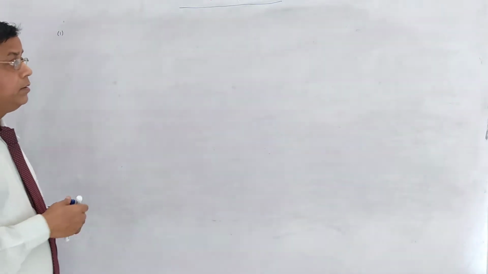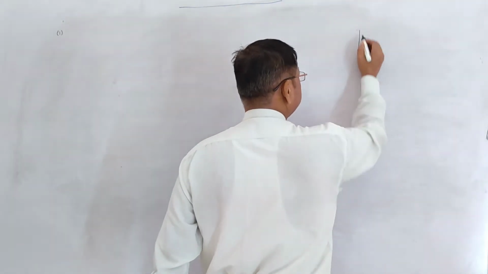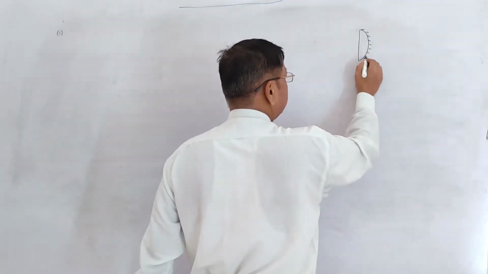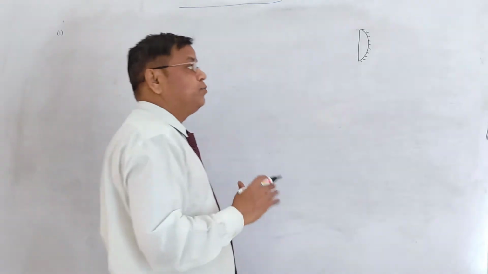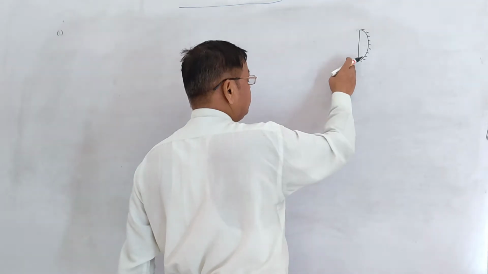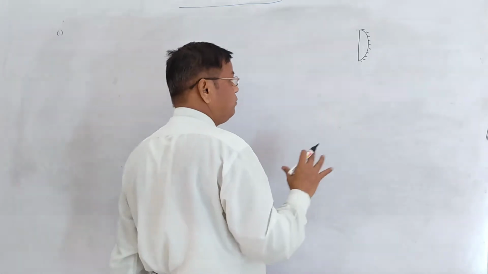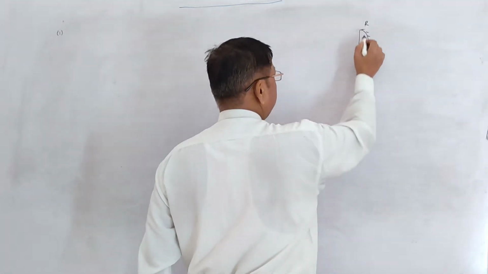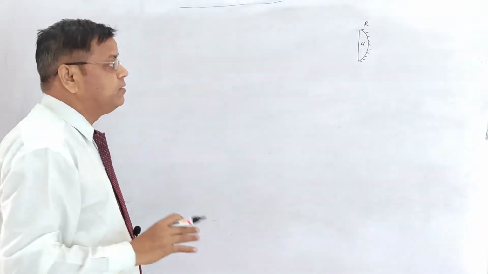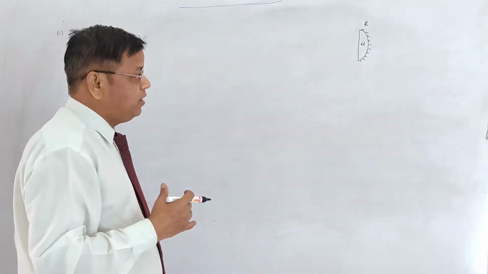Now another example. If in the previous question I take a lens like this, a thin lens, this time the convex surface is silvered and the plane surface is unsilvered. So it is a plano-convex lens but the convex surface is silvered. Now suppose the radius is R and the refractive index of the material is mu. We have to find what the effective focal length of this silvered lens is, and whether it behaves like a concave mirror or a convex mirror. That we have to find.